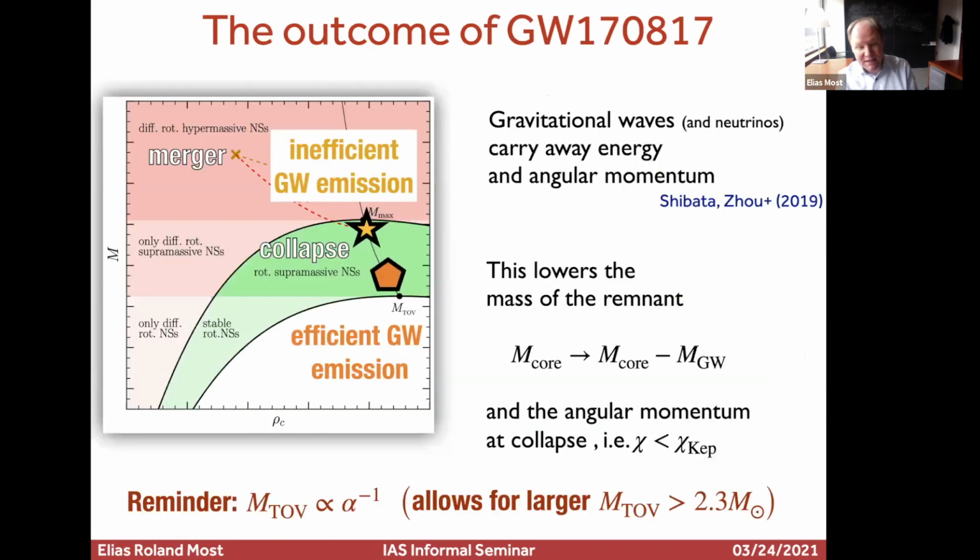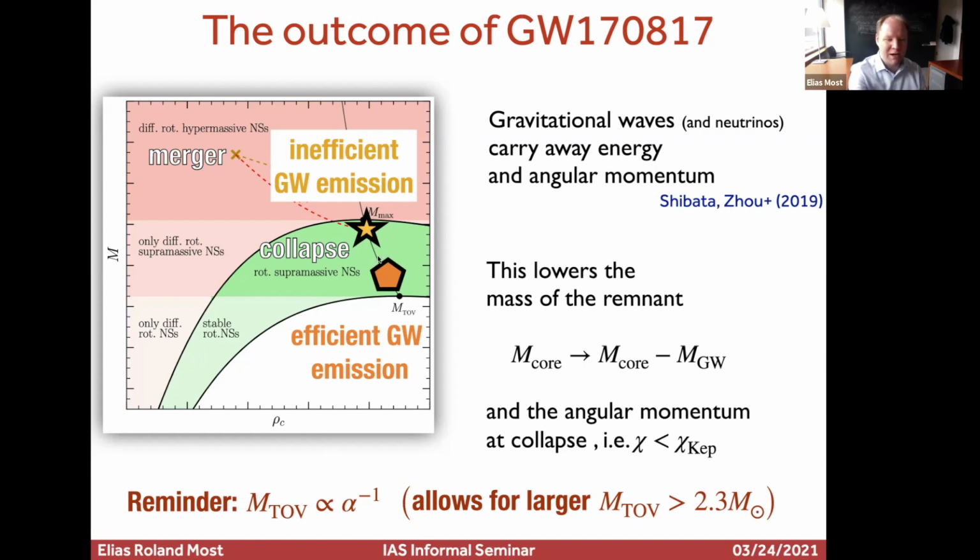The main thing that actually turns out to govern the error is if you collapse close to max, or you collapse further down. If you assume that somehow you would be able to radiate even more angular momentum, so you would have very, very efficient angular momentum transport, and you don't collapse where the star position is, but somehow your red path would bend further down and collapse somewhere here in the middle, or here where the orange shape is, then that would significantly change the amount of maximum mass that you get, because remember, the maximum mass is inversely proportional to this difference in mass that you have to the baseline.